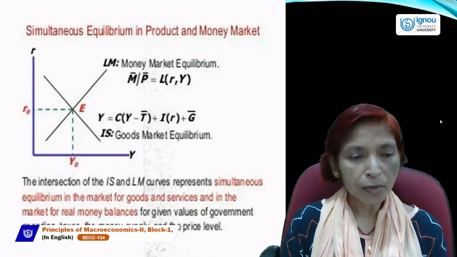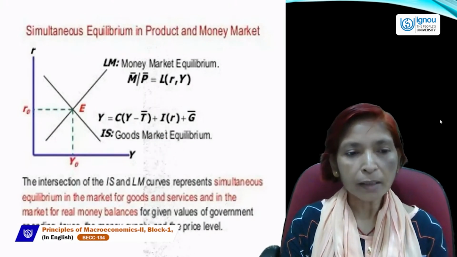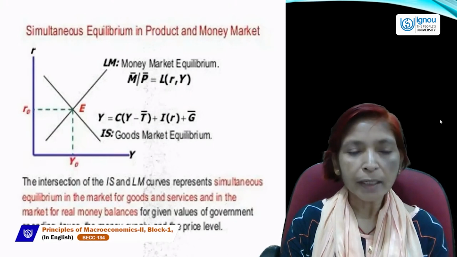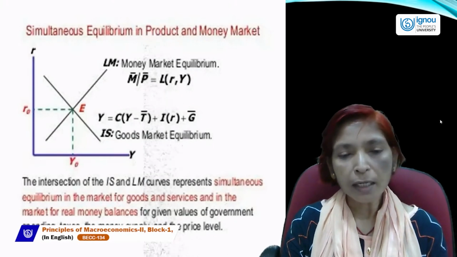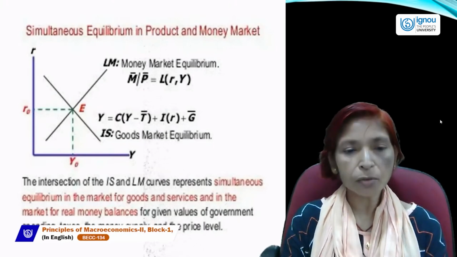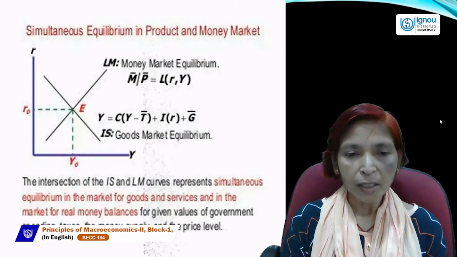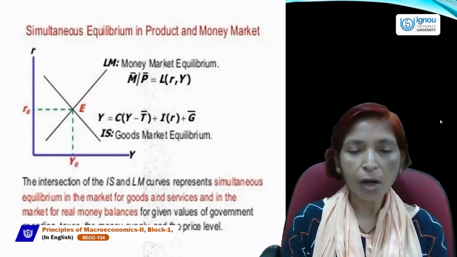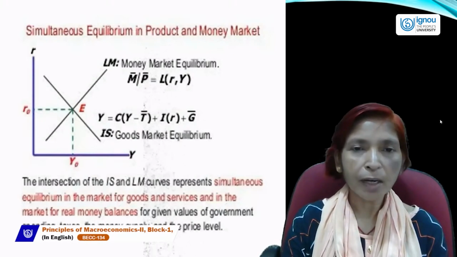And in case of the IS equation, we can write C plus I plus G. Here C can be calculated as Y minus T bar, income minus taxes. Taxes are autonomous or constant. Then we get disposable income, and consumption always depends upon disposable income. I is investment. Investment is related to the rate of interest, so investment is a function of R. And G, here we have taken G bar, autonomous government expenditure, which remains constant. So this is the equation of the IS curve.